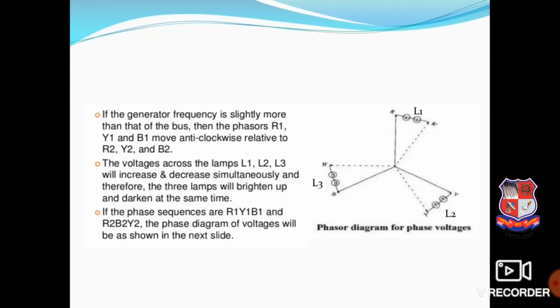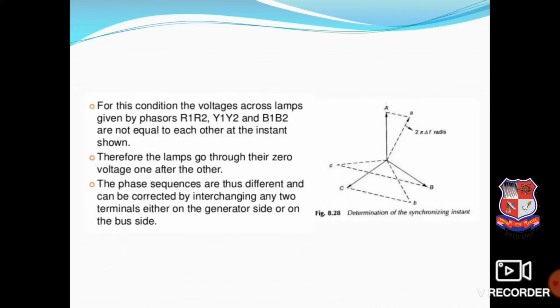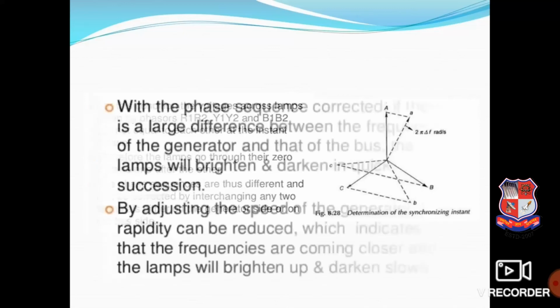If the phase sequence of the incoming machine and bus bar differs, the phasor diagram will be shown in the next slide. Here we can see that the phase sequence of the incoming machine and bus bar is not the same. In this condition, the lamps go through their zero voltage one after another. So the phase sequences are different, and this can be corrected by interchanging any two terminals either on the generator side or on the bus side. After making the phase sequence correct, we can